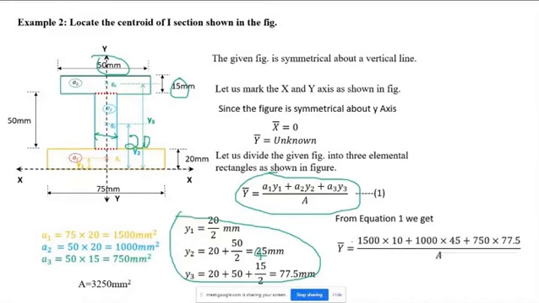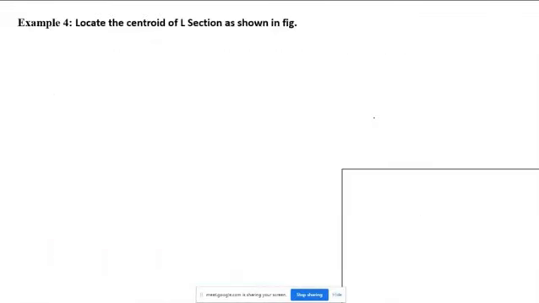Now you can see y bar is equal to, just substitute all those values, A1 into y1, A2 into y2 plus A3 into y3 divided by the total area, and that will give you 36.35 mm, right? That's how you will find the centroid of an I section. Next, let us consider the L section. This is a very interesting figure, and after this problem, I'll be explaining how a bird will be designed